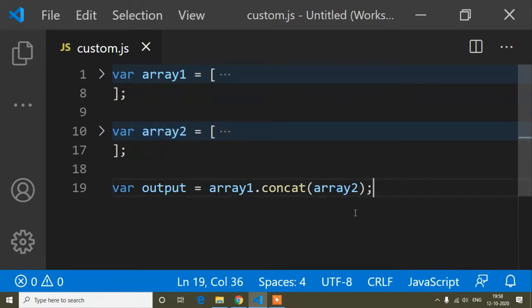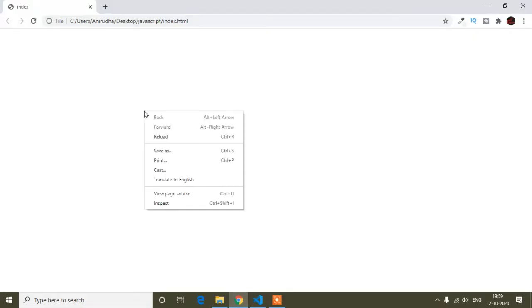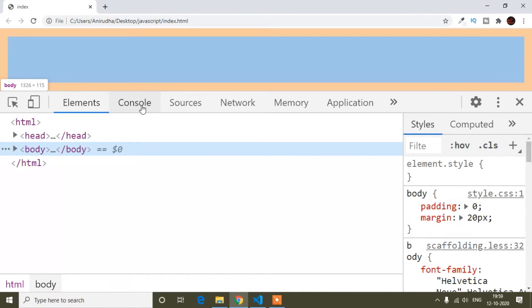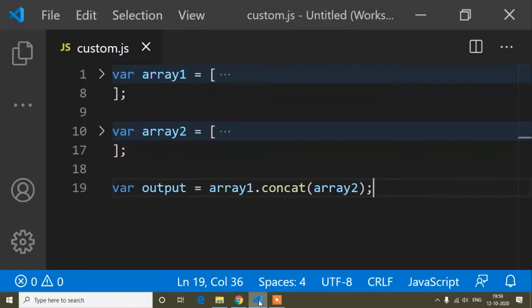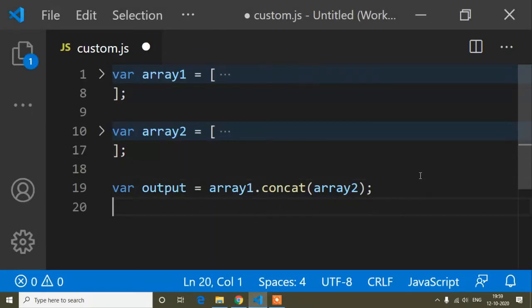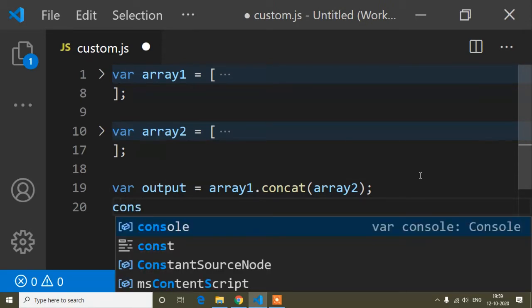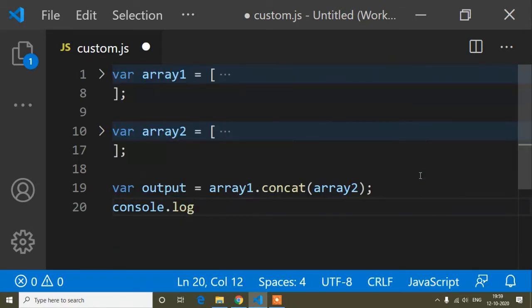So save it, and now I will go to the browser and inspect, and I will open the console, and just refresh it. I think I did not save it. Oh, I saved it, but I did not console. So console dot log, and I have to print this out.